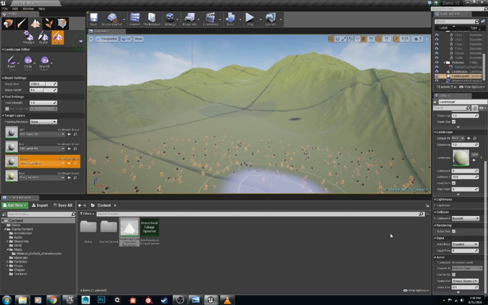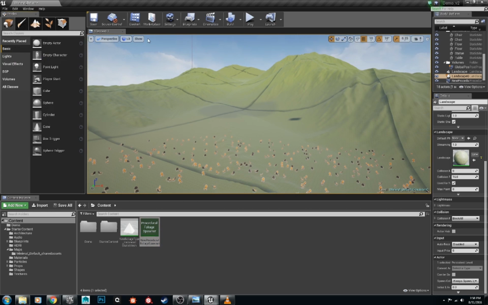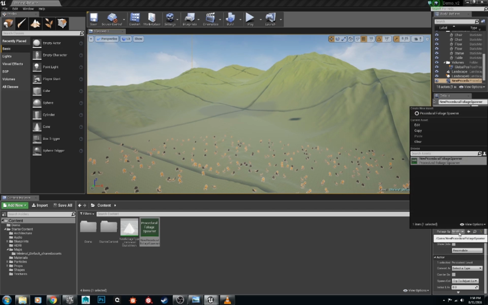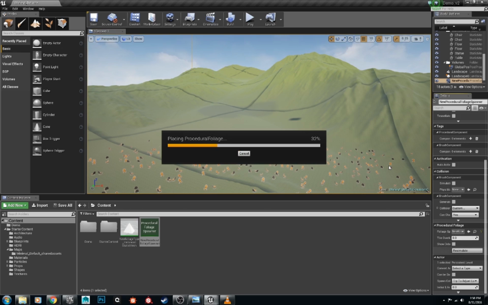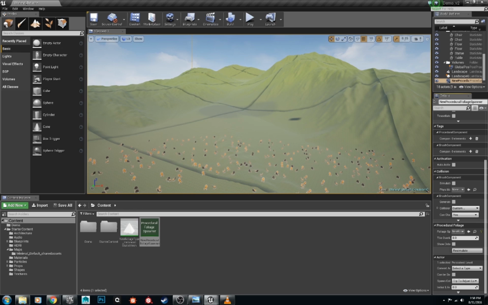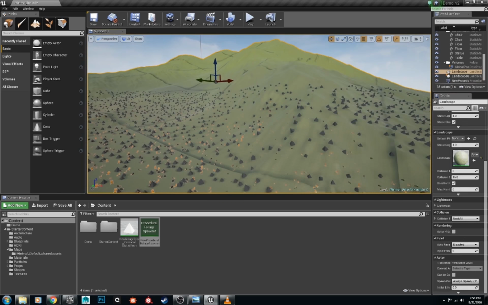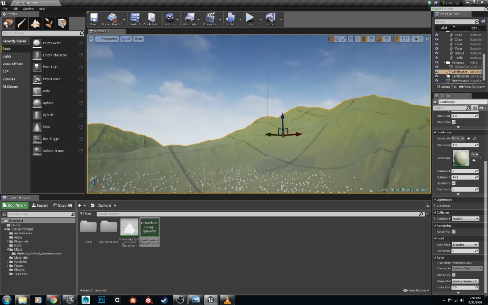So what you're going to have to do is select your procedural volume, and then now everything's synced. So just click resimulate. And boom, there you go. So it simulates where you want in the proper area that you want,